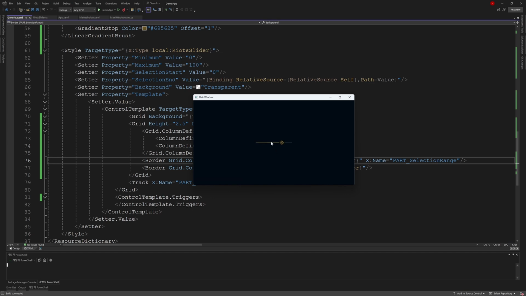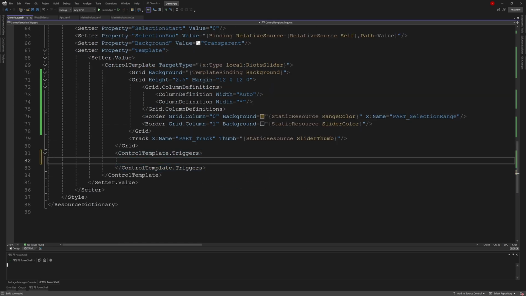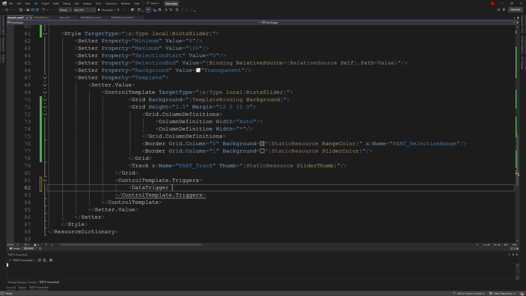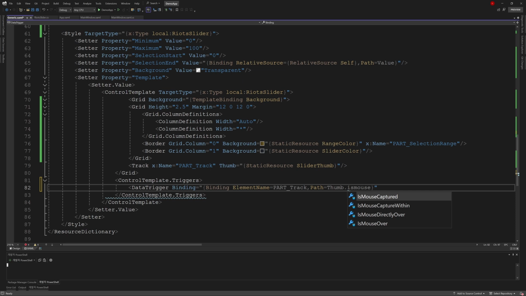Then we're moving on to the slider template. We also need to set the triggers here using data trigger, binding, element name, part track, and path thumb is mouse over.